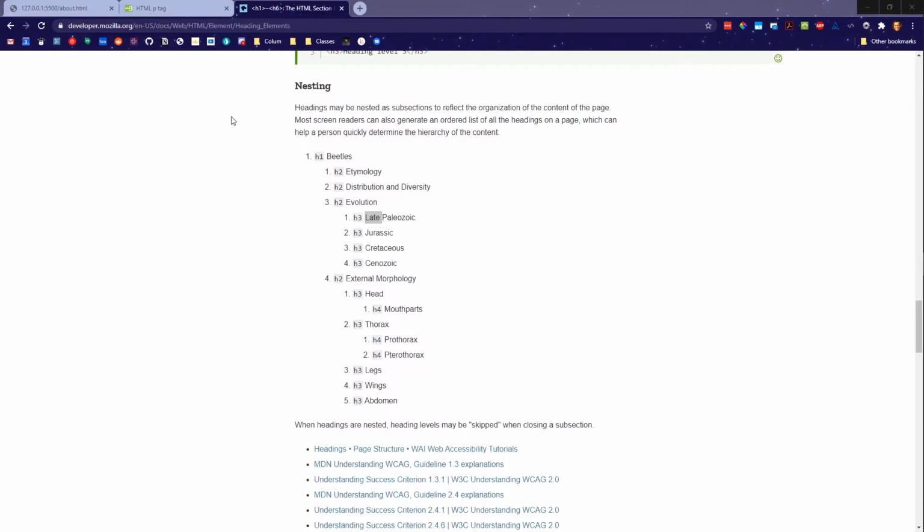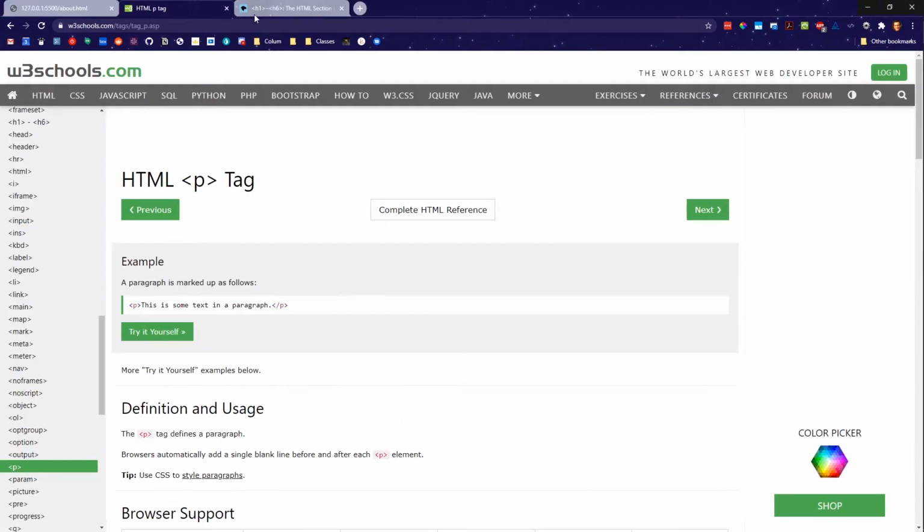Okay, so the main point here is MDN, W3Schools. These are both really good references. You should have one of them pulled up as you're working. And anytime you see a new tag, you should go ahead and pull up the documentation to look at the tag, the usage, especially if you're trying to think, oh, I want to put this new thing on my page,